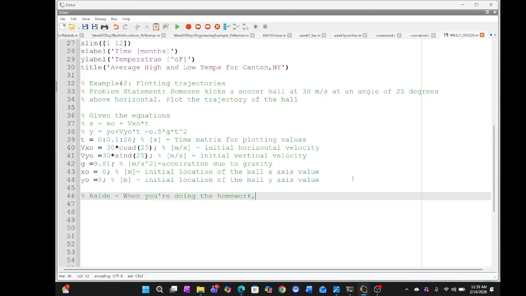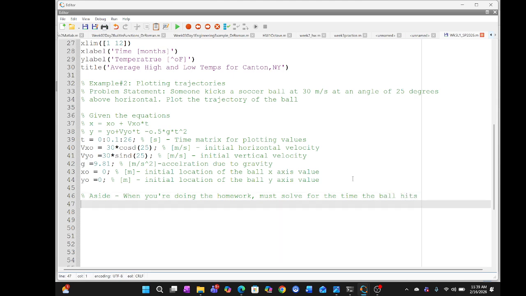So when you're doing the homework, you must solve for the time the ball hits the ground using the equation y equal Vy0 multiplied t